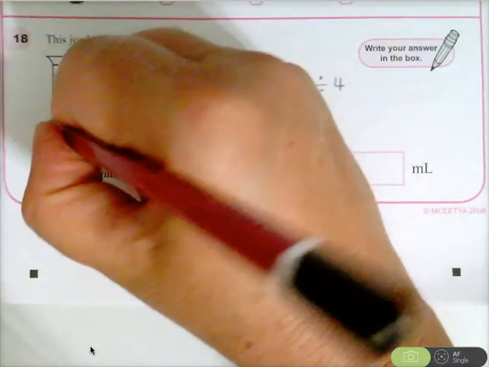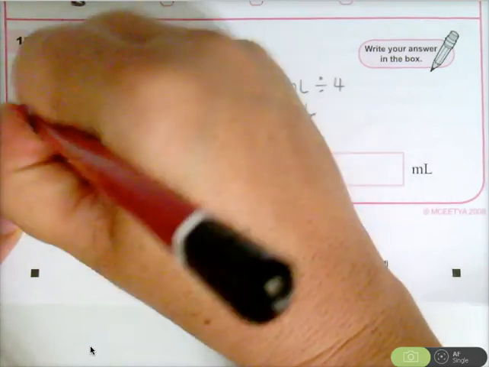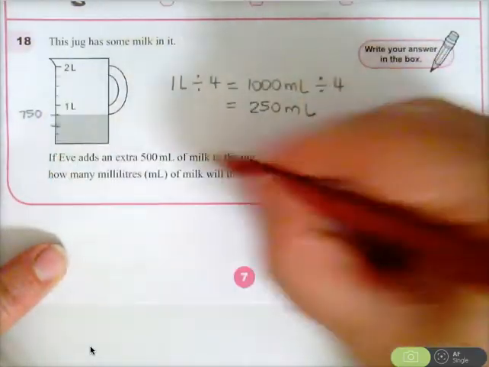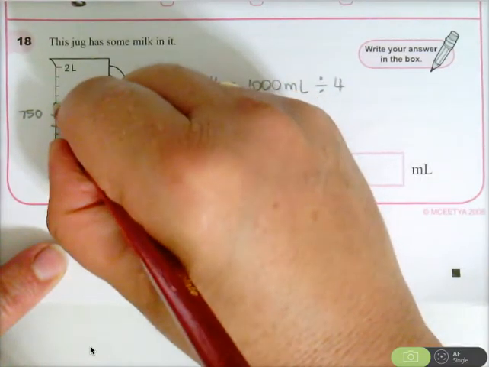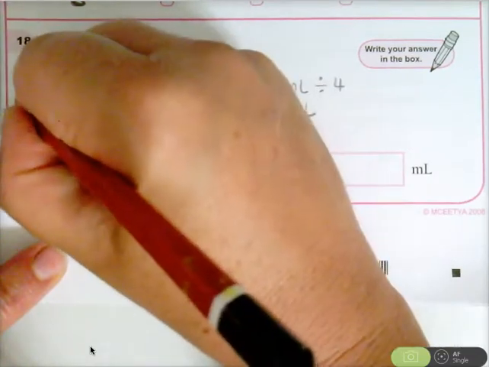So as I said, we've got a litre. This is half a litre. That's 3/4 of a litre. As we said before, that's 750 mils. If you add 500 mils, another 250 gives me a litre. You would end up here with another 500 would give me